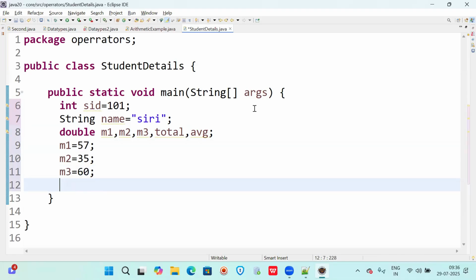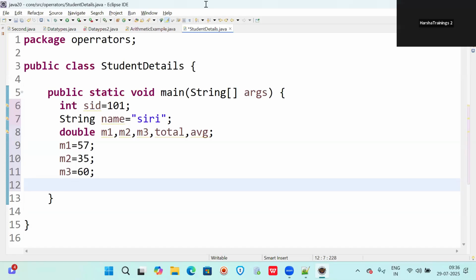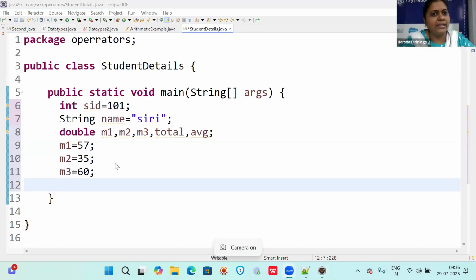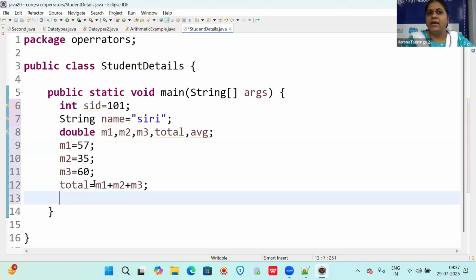Now, total and average, we have to calculate. We should not directly assign the value. We have to calculate the total and average. So, total is equal to M1 plus M2 plus M3. And what will be the average formula? Total by number of subjects.